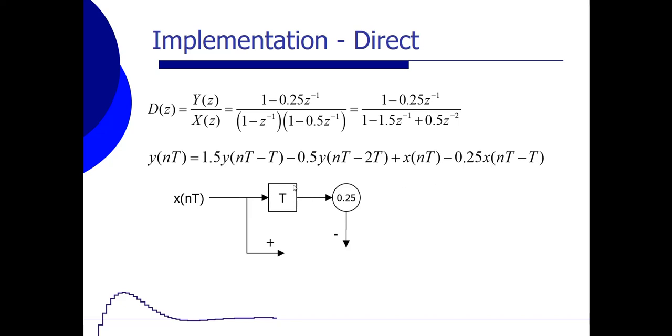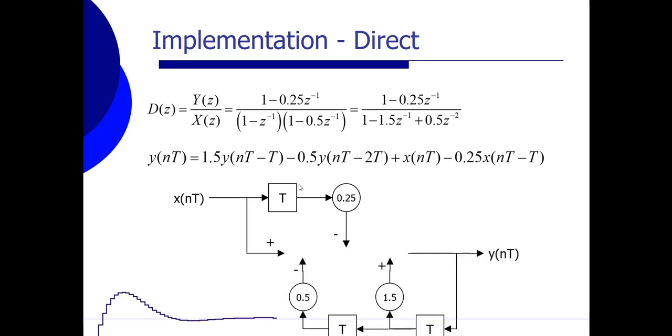That is written by this time delay over here, which is purely one memory block, multiplied by 0.25. And we have to subtract that value from that input value x over here. But we also have, in the end, my output, y, and when we delay that output one sample and multiply by 1.5, which is in this branch, the multiplication of 1.5 and the delay of one sample over here,